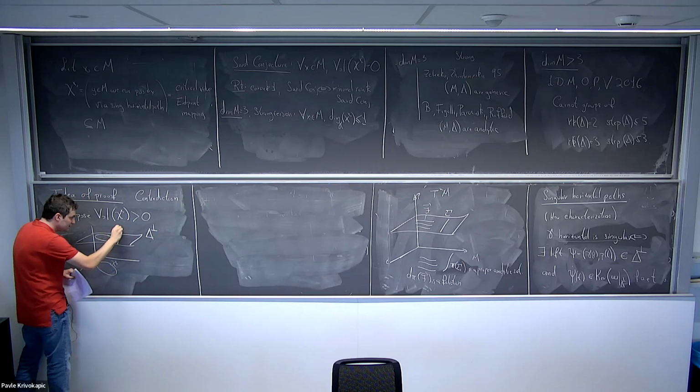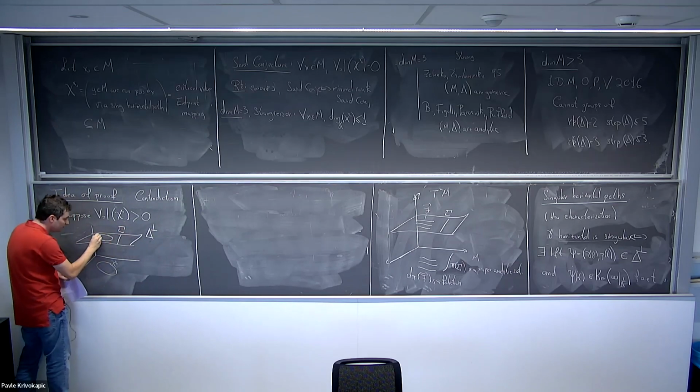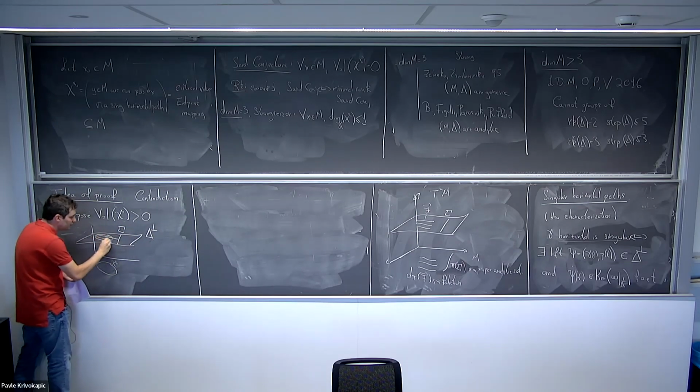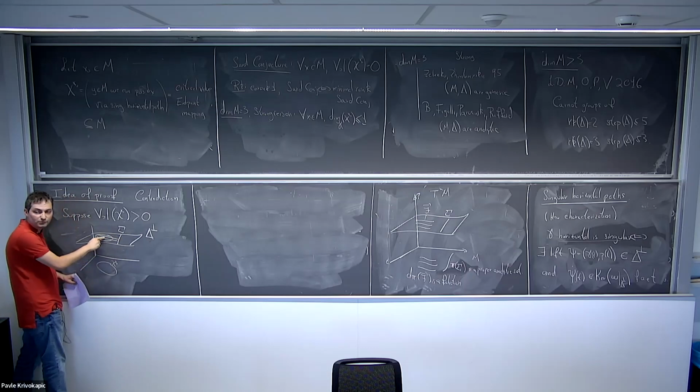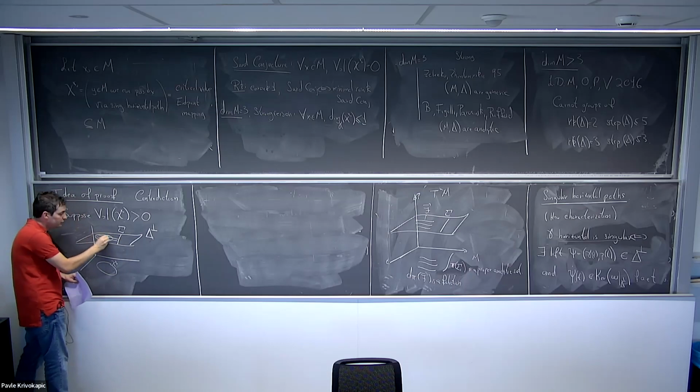We have the sigma, and we know that we have to follow the foliation at each one of these points. So I cannot go from one leaf to the other via a single horizontal path by leaving the foliation, right? The only way for me to go from one leaf to the other is to go to the singular set with a finite length, move along the singular set, and then return.